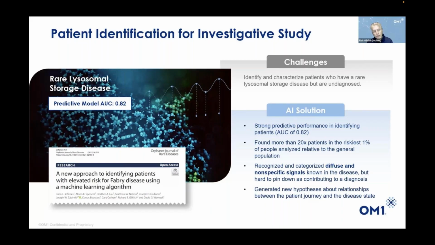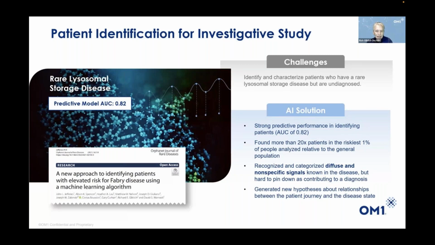I'll show you one last example before we talk about some other things. So this is a study, and I alluded to it earlier, where what we really wanted to do was identify patients for the purpose of further confirming a diagnosis. So what we did here is in major medical centers, we applied a predictive model based on PhenOM, or that phenotyping technology, which has an area under the curve of 0.82.